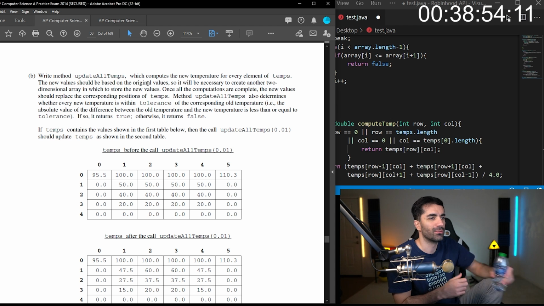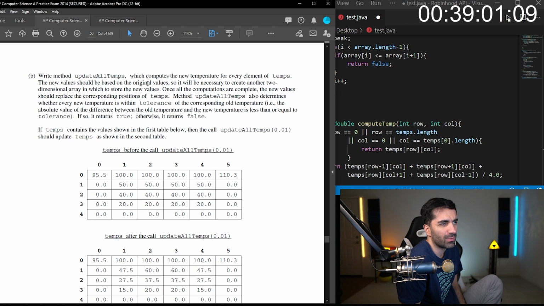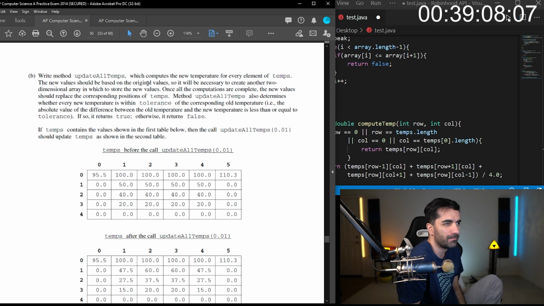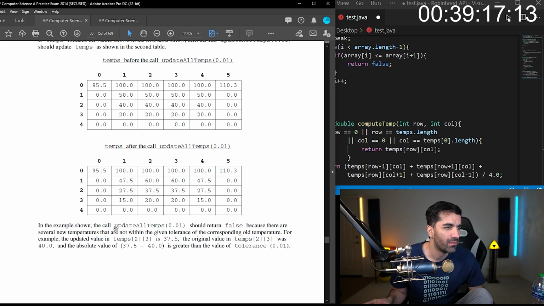Oh man, I was doing so well. So update all temps determines whether the new temperature is within the tolerance. I feel like it's going to be returning false most of the time, like if it's 0.01. For updated 2.3 is 37.5. The original value was 40. Okay, I think that makes sense. I think I got it.